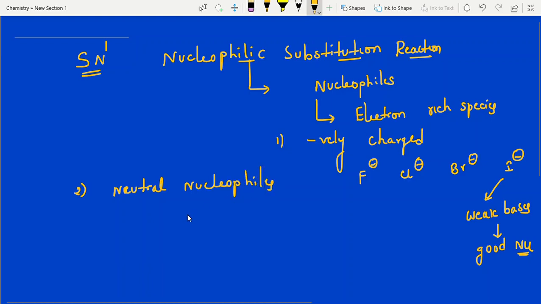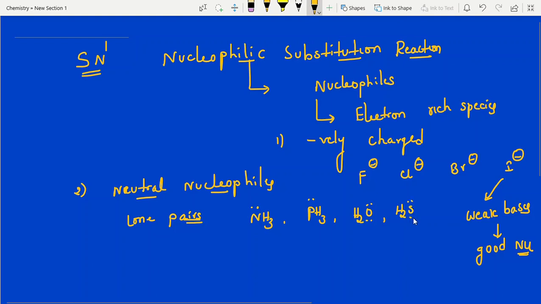The best example we are taking is Lewis bases. Neutral nucleophiles are nothing but species donating electrons, which simply have a lone pair. All that donate electrons are nucleophiles only. That is, all Lewis bases only, no doubt. Lone pair of electrons, like NH3. Next, it has a lone pair. Electron rich, even H2O. Okay, simply you can remember examples like this.